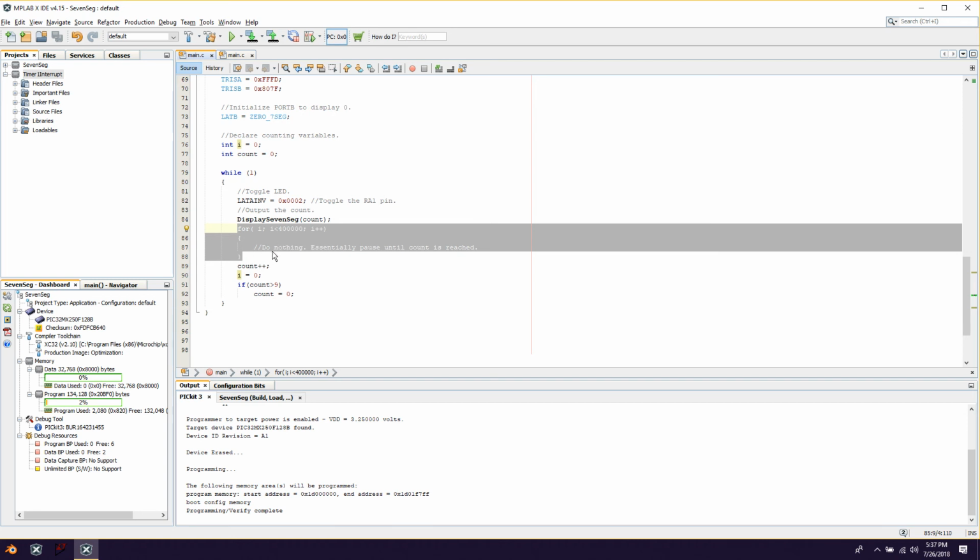And another disadvantage it has is, let's say, well, okay, this value gives me close to a second pause, but it might not be exactly a second pause. So let's say there was something more timing critical that we wanted to do. If we wanted to have it execute exactly on a second, we could change this value to get us very close. However, what if there was another part to this loop that took longer than, or what if this loop